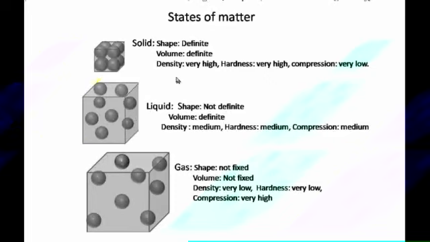Density, as we have discussed, is the amount of matter in a fixed amount of volume. Here, what was the density? In 1 meter cube, 8 molecules are there. If we take this amount of volume, this amount of space only, how many molecules will come under it? You can say 3. So here only 3 molecules are coming in 1 meter cube of volume. So its density is lower